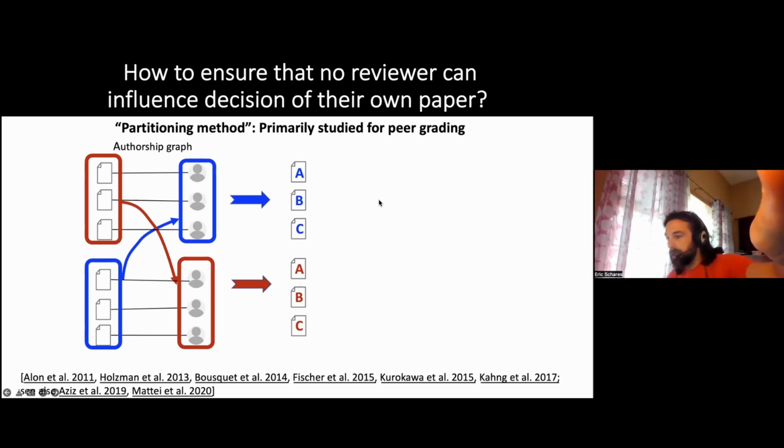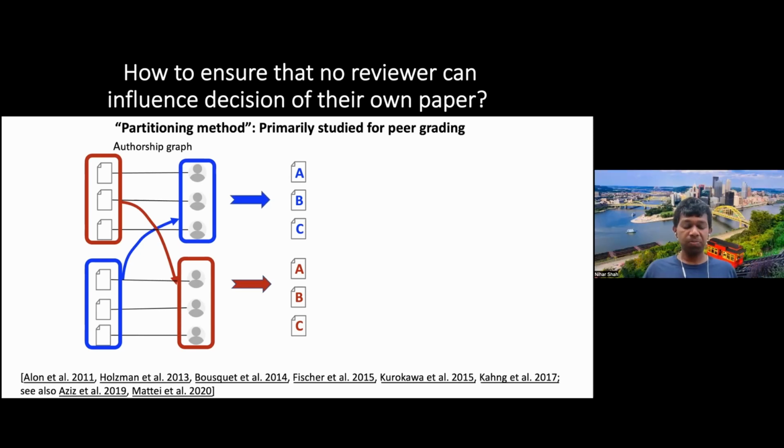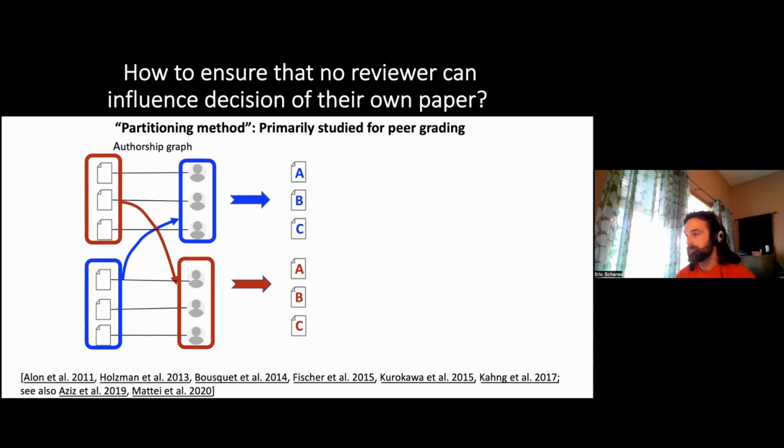Is the acceptance rate for the blue and the red similar? That's correct. If you have a 20% acceptance rate, then you'll accept 20% from the blue and 20% from the red. And how do you define the group? It reminds me of conferences in sports. If the blue group ends up being strong, so A and B are both very good papers, but you only take one, and the red group ends up being weaker, that kind of penalizes B just because of a random assignment to the group? Or how do you try to control for that?